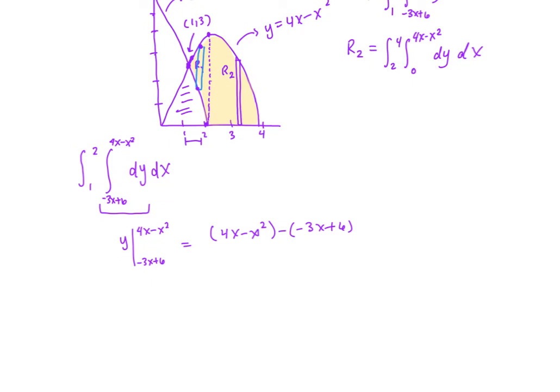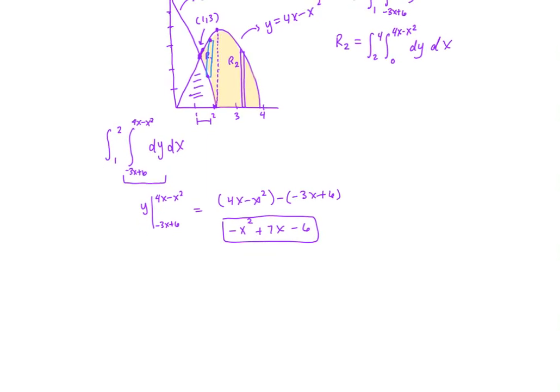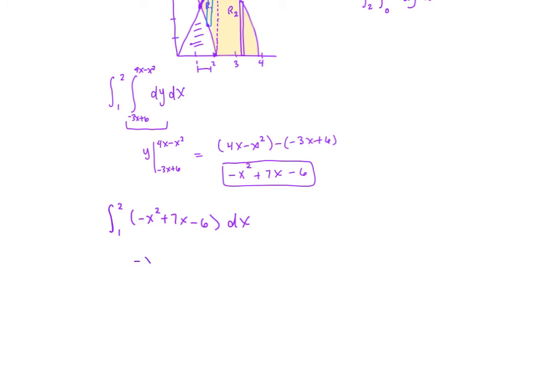I'm going to simplify this. I've got negative x squared, and then 4x plus 3x is 7x and minus 6. That's the inside integral. So now I can take the integral with respect to x. So from 1 to 2 of negative x squared plus 7x minus 6 dx. So this becomes negative x cubed over 3 plus 7x squared over 2 minus 6x